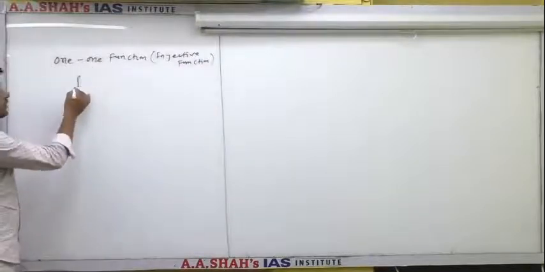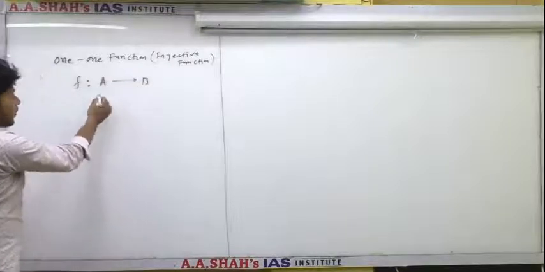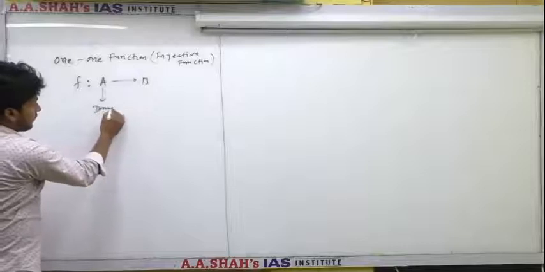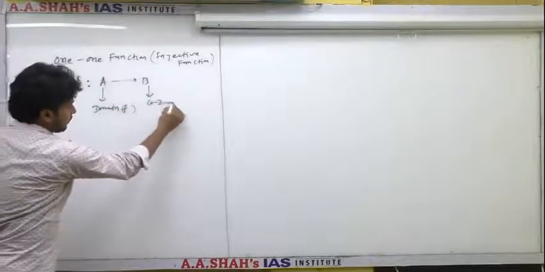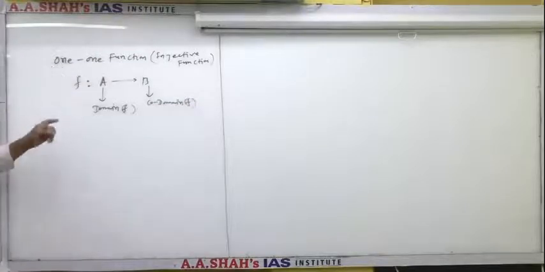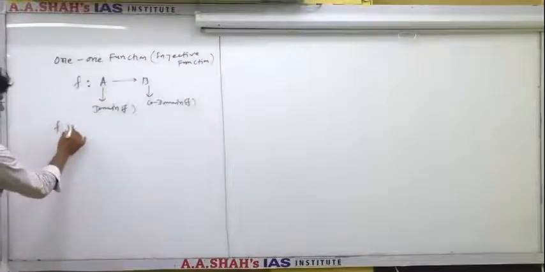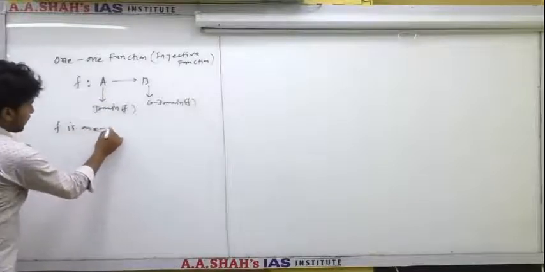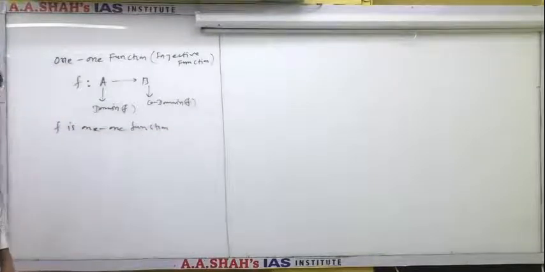Suppose f is a function from A to B. We call A the domain of the function f, and we call B the codomain of f. And we say this function f is one-one, meaning injective function, if